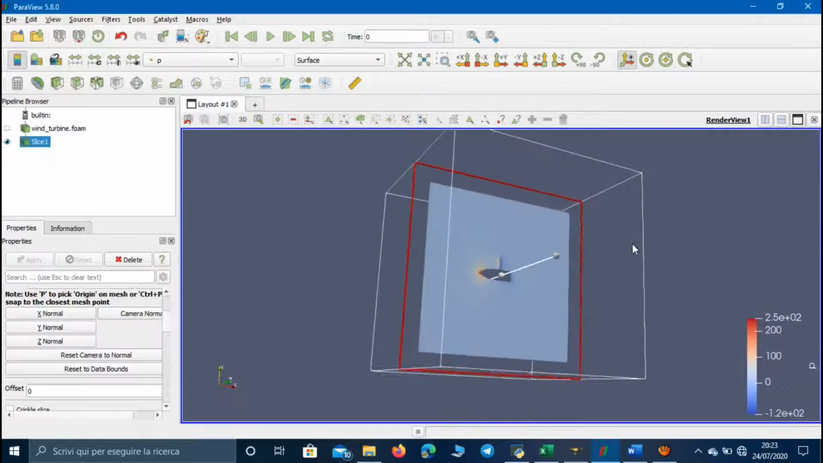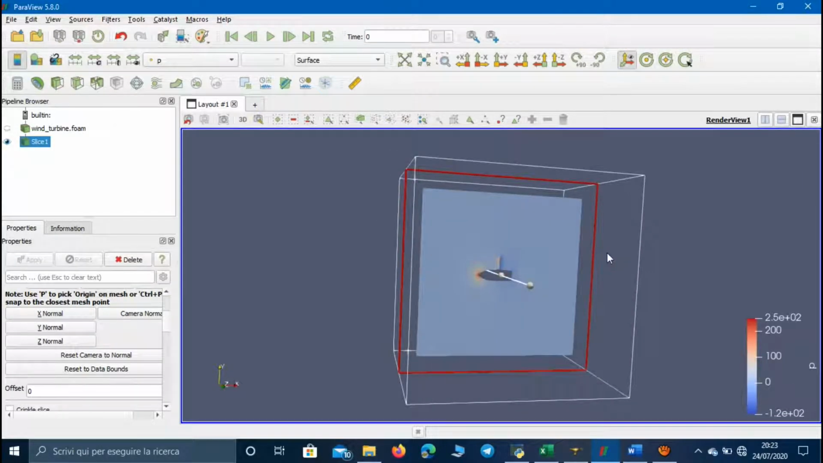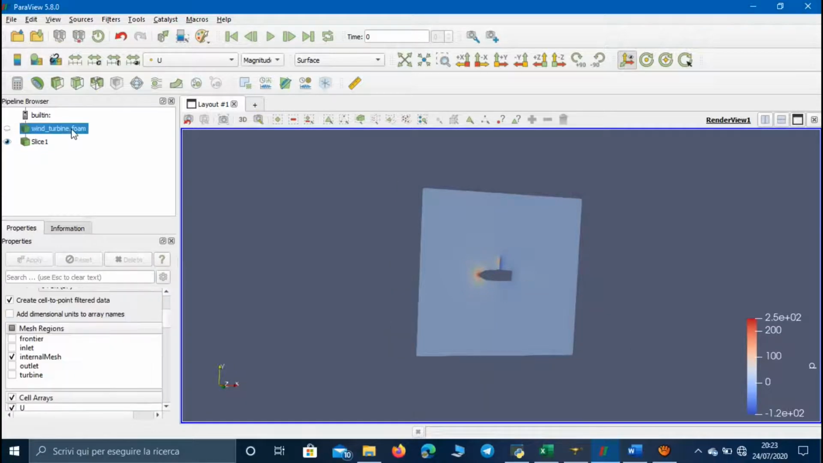So what we have to do is to extract the velocity profile on a section in front of the turbine and on the back of the turbine. For this purpose we have to click on the plot over line command, but before this you have to select the whole domain, because if you click on plot over line selecting the slice of the domain, we get no data from the simulation. So click on plot over line,